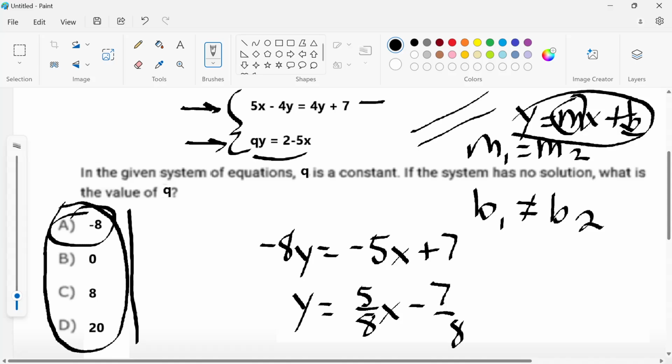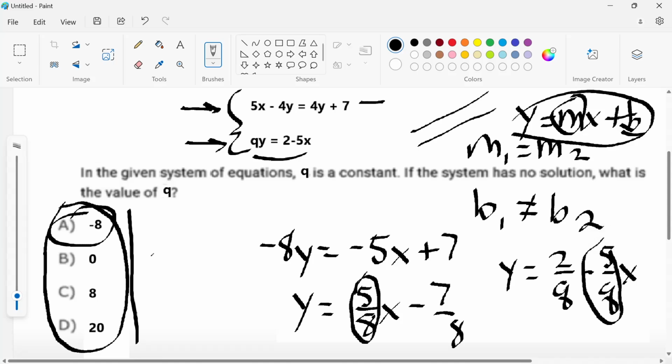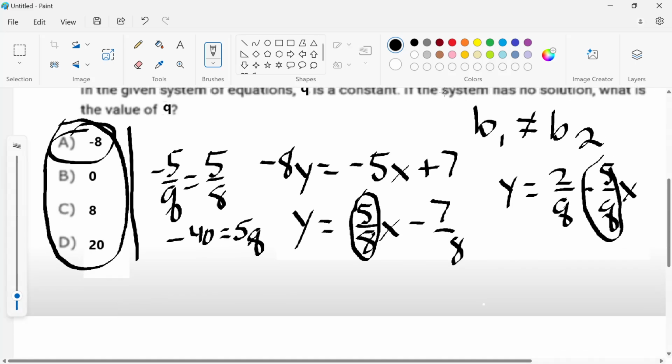Now I'll do this equation. y equals, I'm dividing both sides by q, equals 2 over q minus 5 over q x. And now the slopes, whatever's in front of x, have to be equal. -5 over q has to equal 5/8. Well, you may already see that q equals -8, or cross multiply. 8 times -5 is -40. Equals 5q, and then divide both sides by 5, and q equals